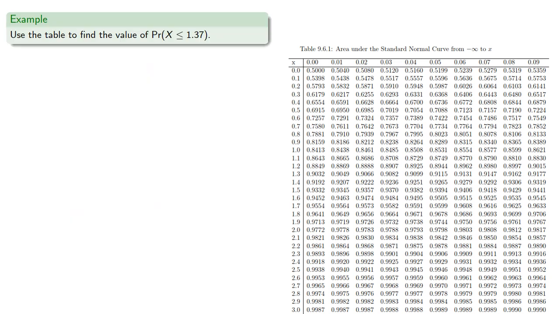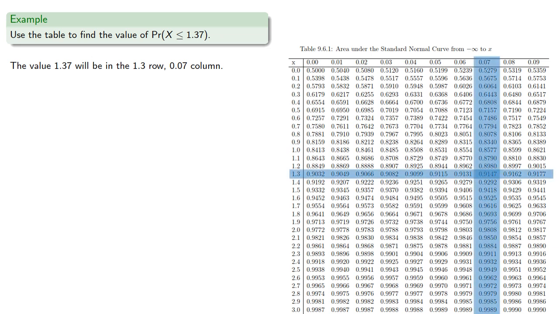For example, we might use a table to find the probability that a standard normal variable is less than or equal to 1.37. So the value 1.37 will be in the 1.3 row, 0.07 column. And we find